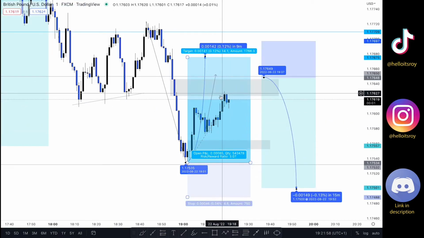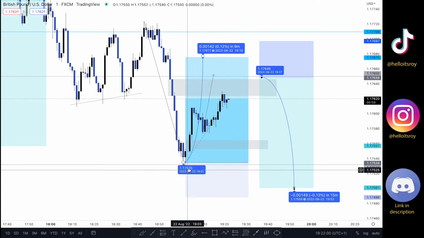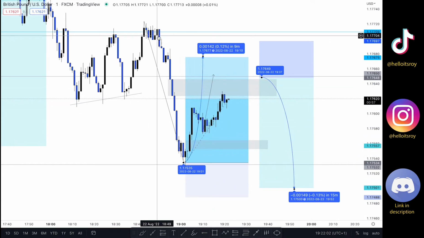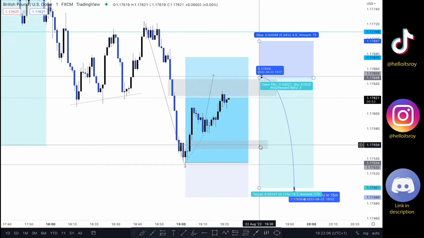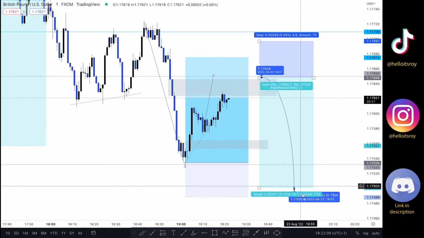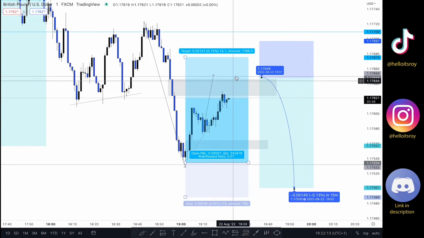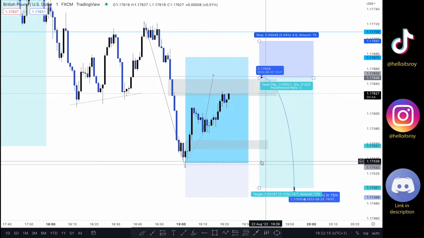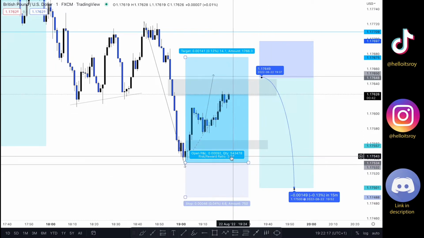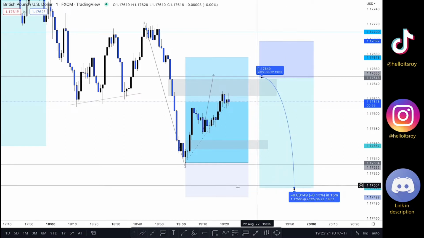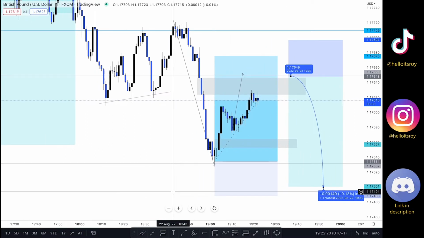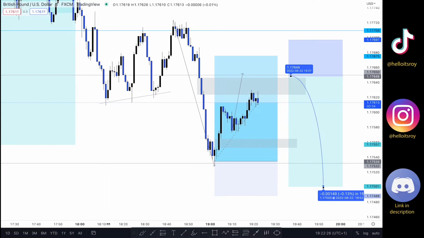After doing a little bit of analysis, I just took partial profits. This trade now is at break-even point and it has no risk. What I'm going to do now is sell GBPUSD from this area right here into this area right there. So if the market taps into this area and then pushes through to the downside, I'm going to be triggered out of this trade at break-even point, and then I'm going to take profits at this trade right here. So let's see how this goes.